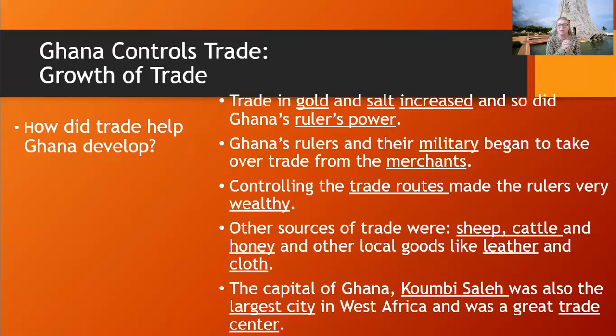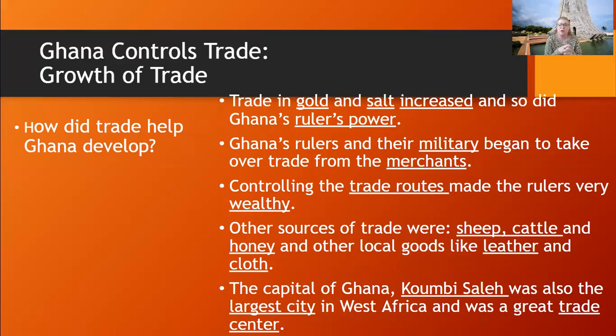So Ghana's rulers and their military began to take over trade from the merchants. They realized that when the merchants are doing all the trading, the rulers are getting less money. So the rulers, who have control of the military, put the military in charge of the trade and tax the merchants to the point where the merchants really aren't making any money